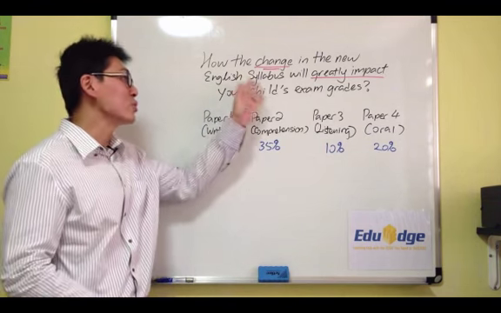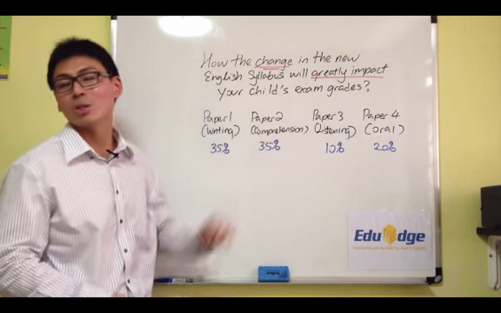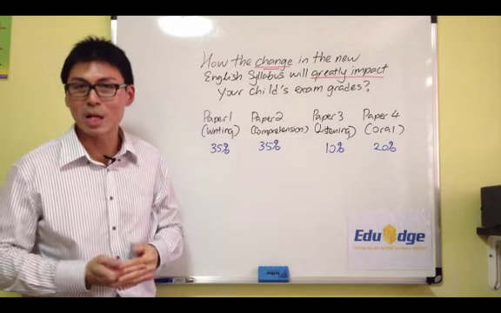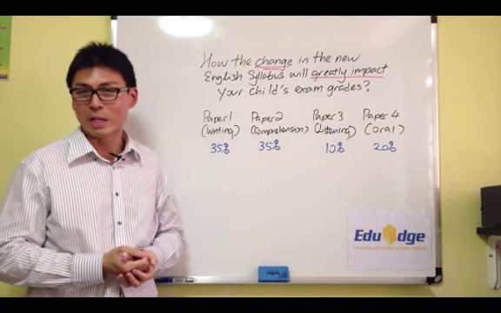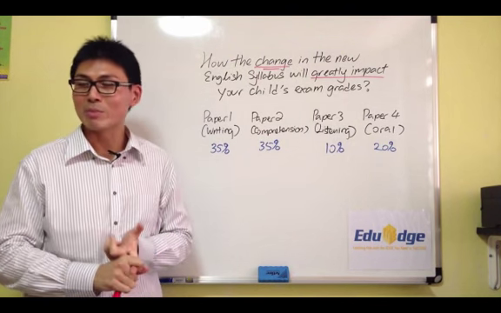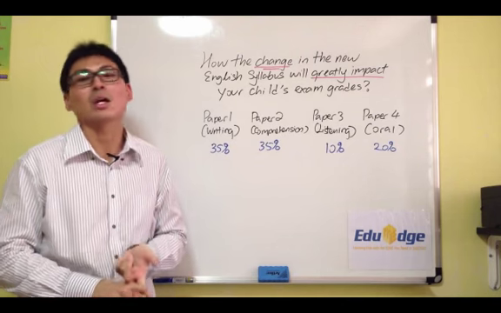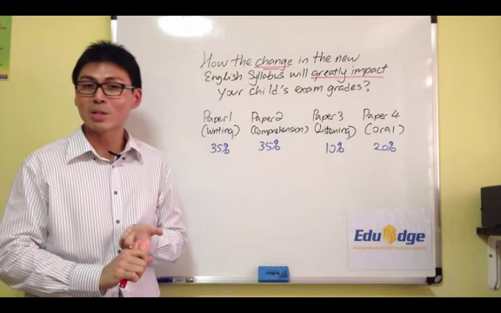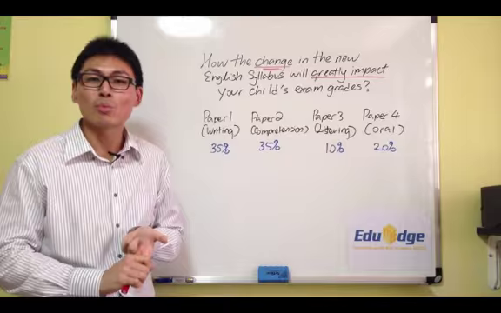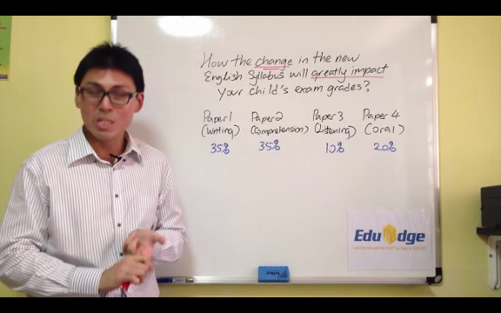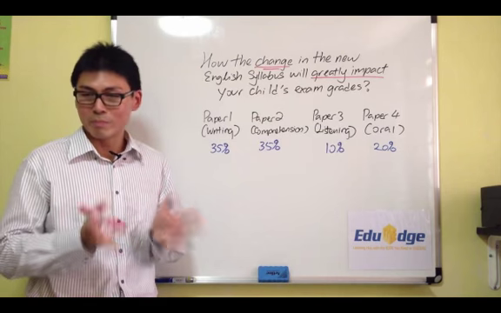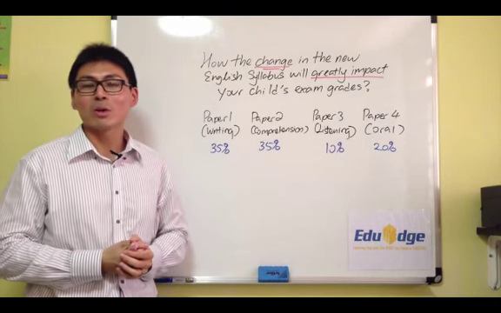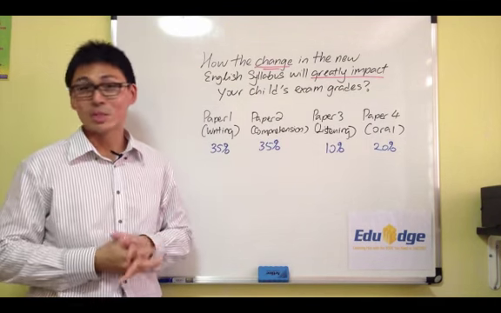What is new in the new English syllabus and how it will greatly impact your child's grades. What do these changes entail, and who are the parties that will be affected? Firstly, of course, is MOE, because they are the initiators of the change. Schools are affected by the change as well because of the new syllabus. They have to change the way they teach and engage your children. At the same time, naturally, your children will be affected as well. And of course, we're talking about tutors from the private industry.